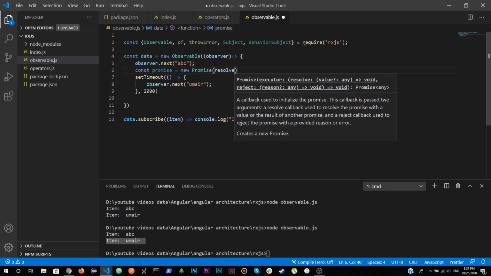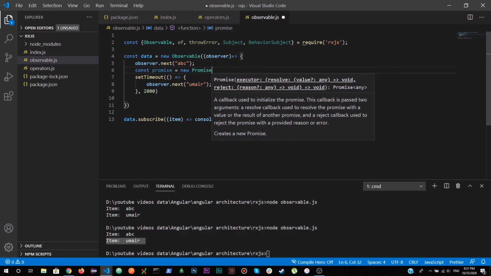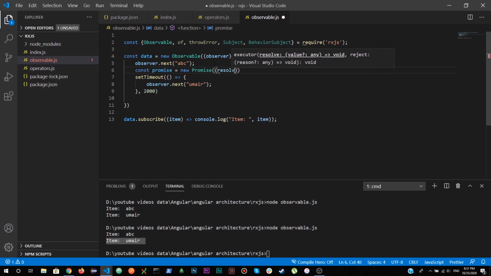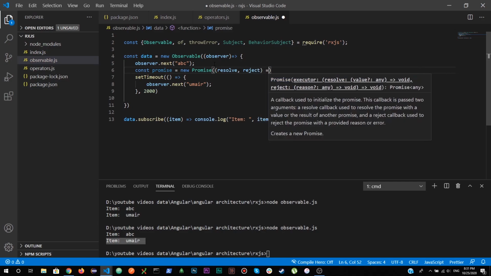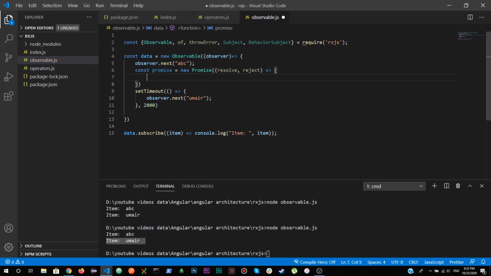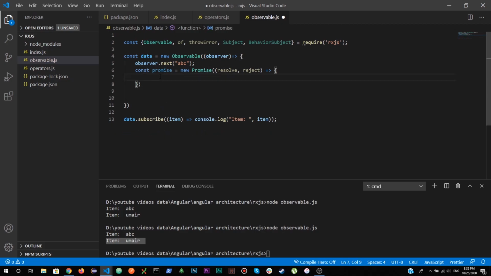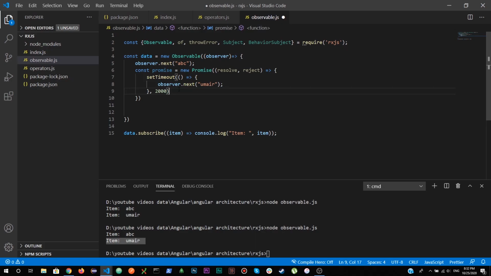So resolve and reject are the two values, resolve and reject. Fine. Okay.